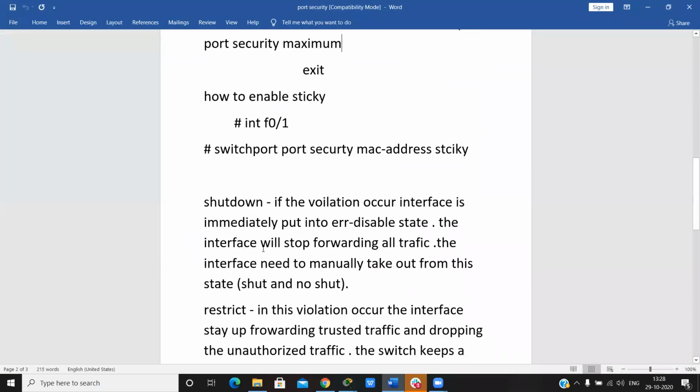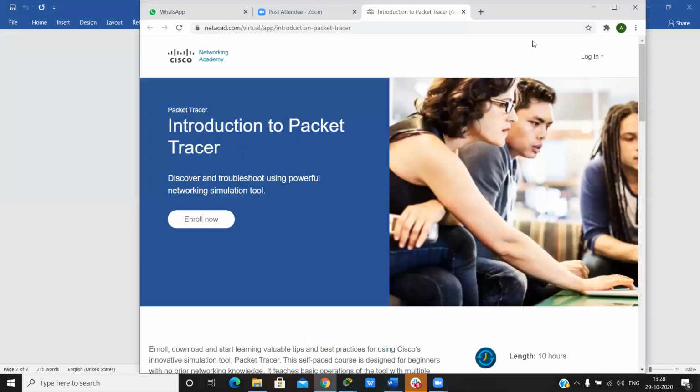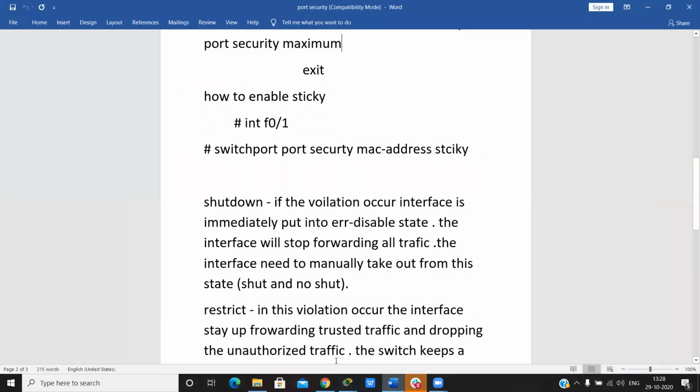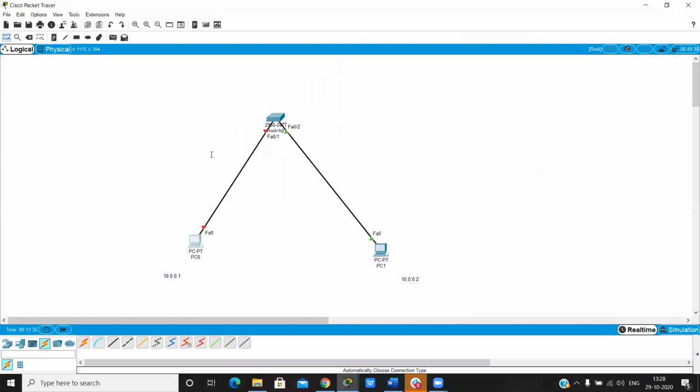We have three types of actions on port security. The first one is shutdown. If a violation occurs, the interface is immediately put into the error-disabled state. By default, this port is in the error-disabled state.